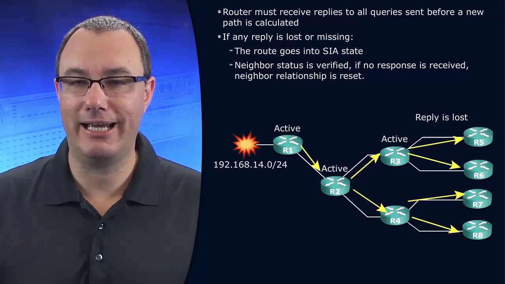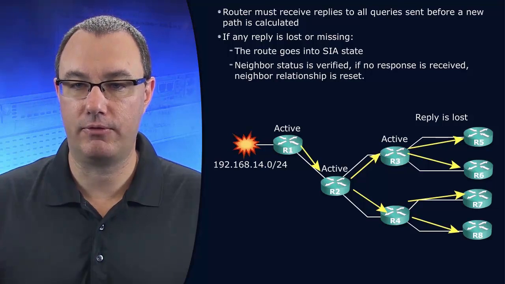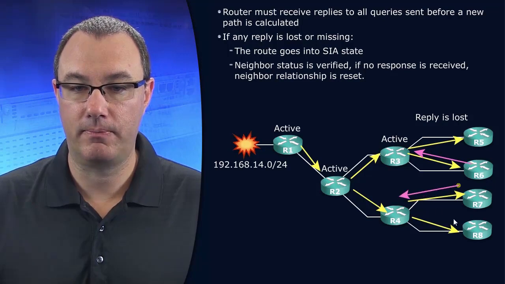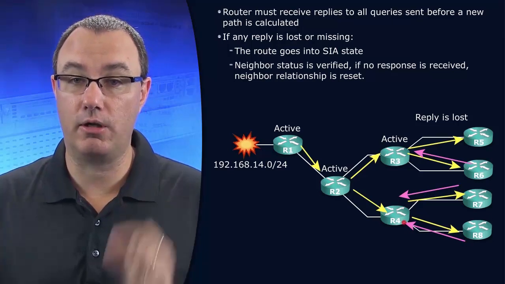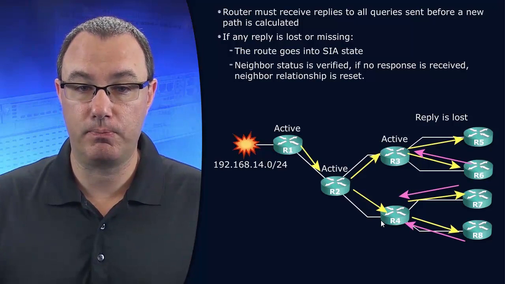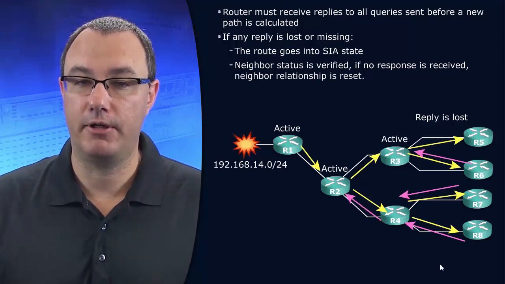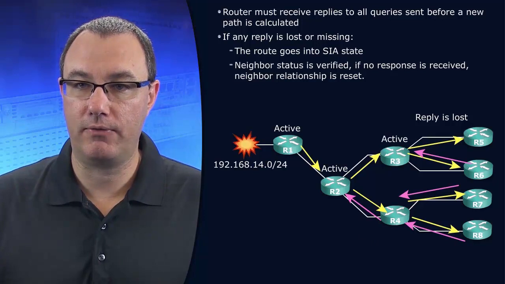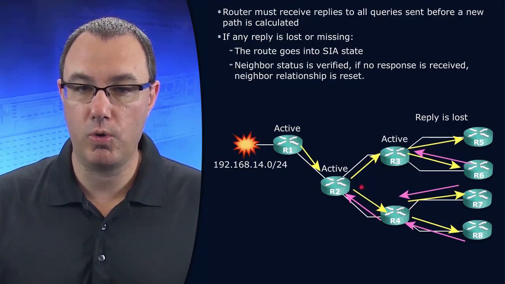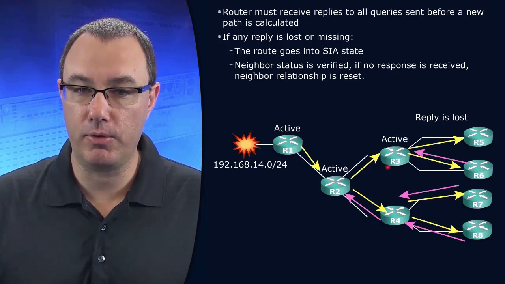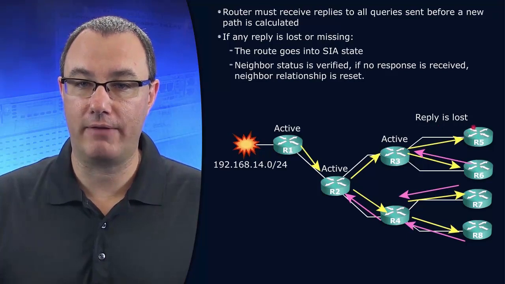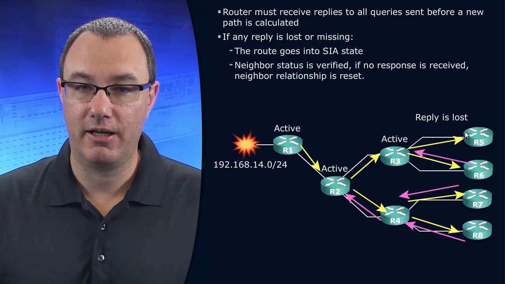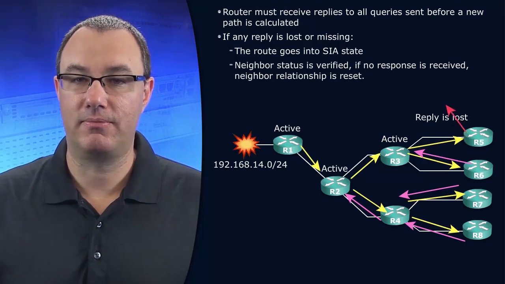What if we don't get a response? What if our R6 replies, our R7 replies, our R8 replies... Now, what will happen is this. Let's look at our R4. R4 got an answer to all of its queries. And so therefore it has got enough information to reply. But R2 is waiting for R3. R2 queried R3. And R3 queried R5 and R6, but we're saying that we lost a reply from R5. That never happened. Let's just say it just went out into space.